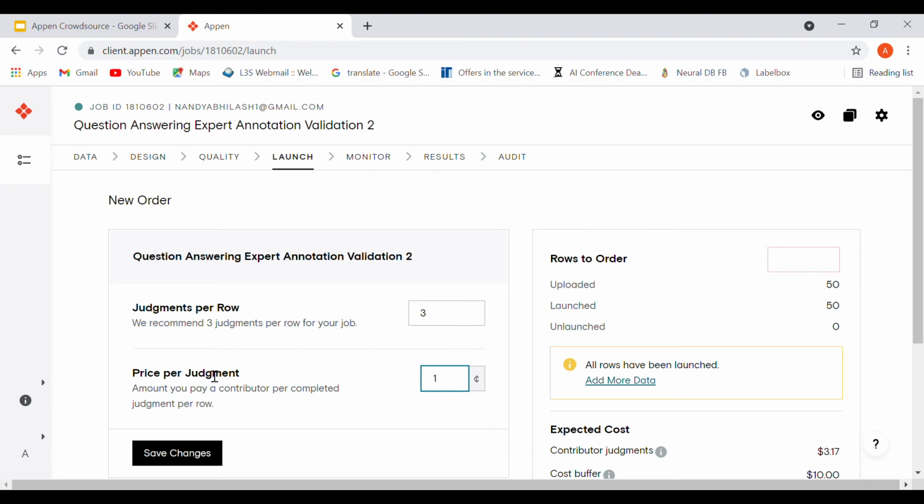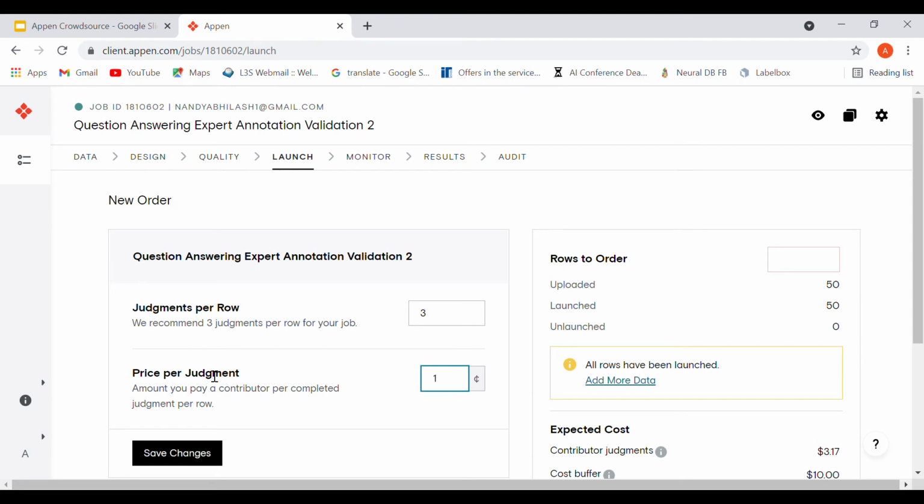This is totally up to you. This depends on the difficulty of your task. In general, I've seen it depends, but if it's simply a yes or no kind of task as this was, then 2 or 3 cents a piece is quite good, I feel.